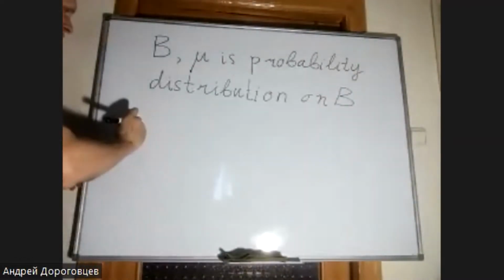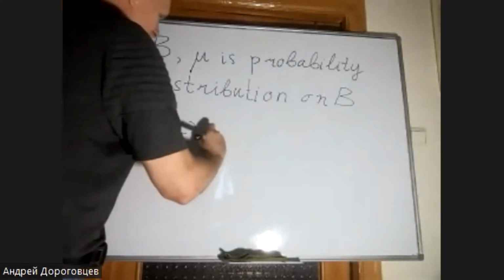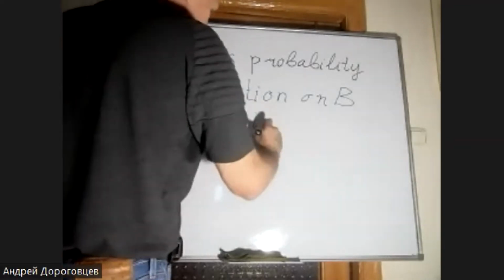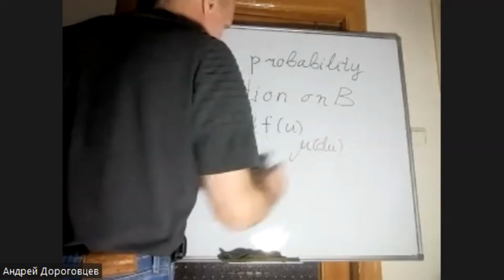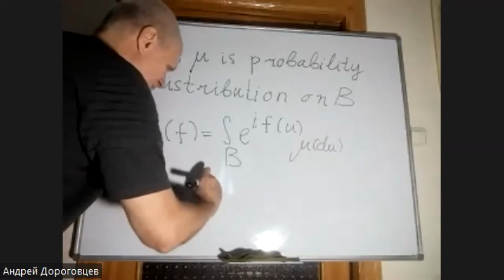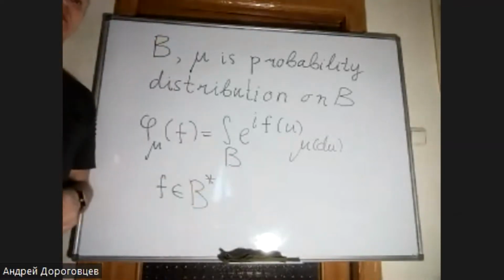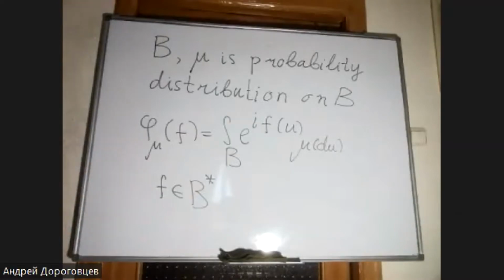We consider the following functional phi_mu of f, which is equal to the integral over B of the exponent e to the power i f of u, mu du, where f is an element of the conjugate space B star. And we discussed last time that this characteristic functional of the measure mu has properties which are very similar to the case when B is a finite dimensional Euclidean space. Namely, it is non-negative definite, it is equicontinuous, it is symmetric,